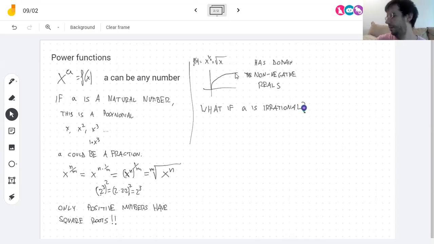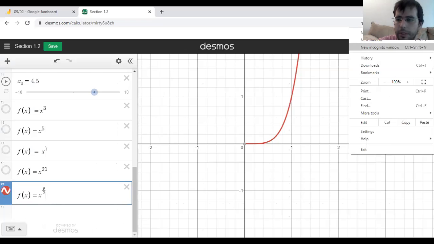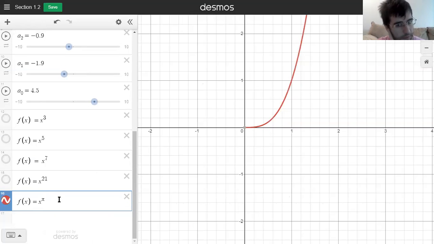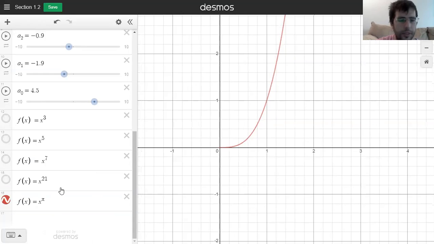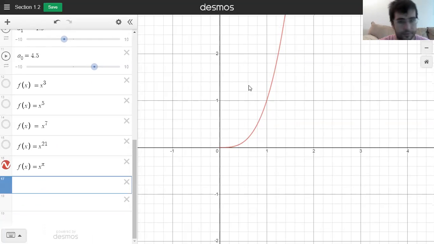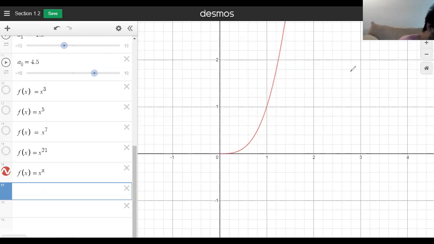So is there a function x to the pi? Well, there is. It makes sense to take the pi's power of something. Look at it here. How can we understand such a function? Well, one way to understand it is by saying, how many digits of pi do I know? I know 2. I know that pi is bigger than 3.14, and I know that pi is smaller than